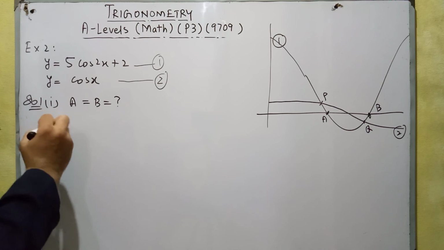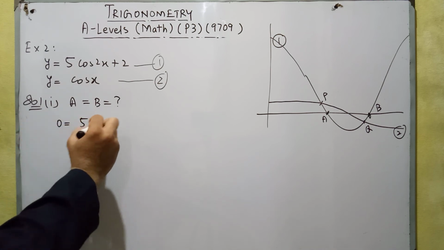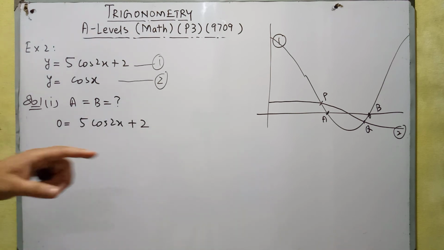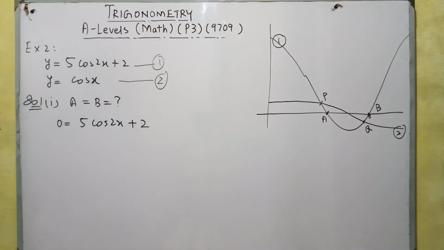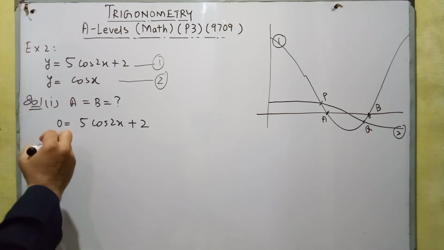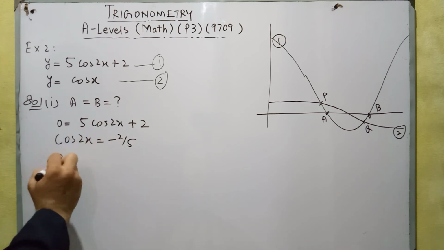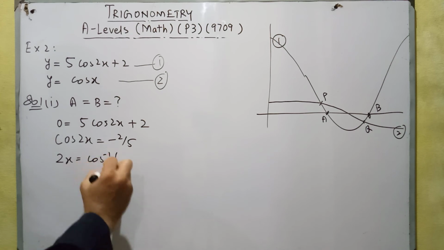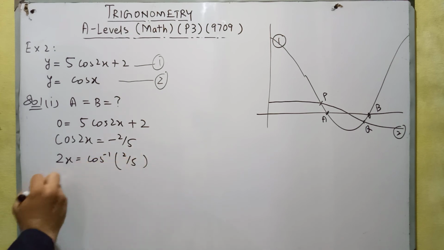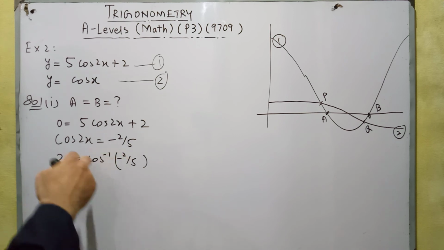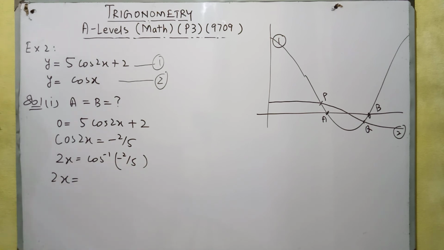So this equation will become 5 into cos of 2x plus 2. We know that at the x-axis y is always equal to 0, so we have substituted y is equal to 0. So cos 2x will be equal to minus 2 over 5, and 2x will be equal to cos inverse of minus 2 over 5, we will have